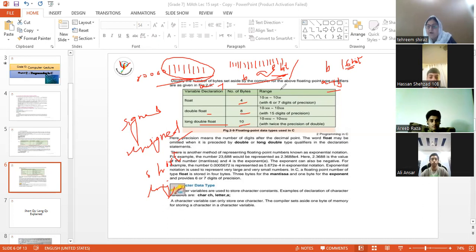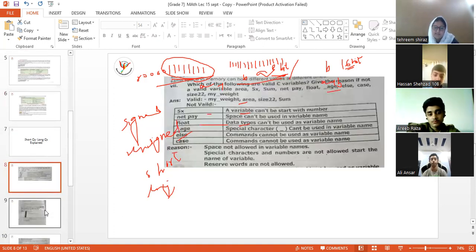But when we are talking about explicit casting, then we will do the casting by ourselves. And there is a great loss of information while we are doing the casting, compared to when the system is doing the casting. If the compiler is doing the casting, there is no loss of information. But if we are doing the casting, there is a lot of chance that there will be a loss of information, right? So I will go straight towards the short question answers, so the concept of